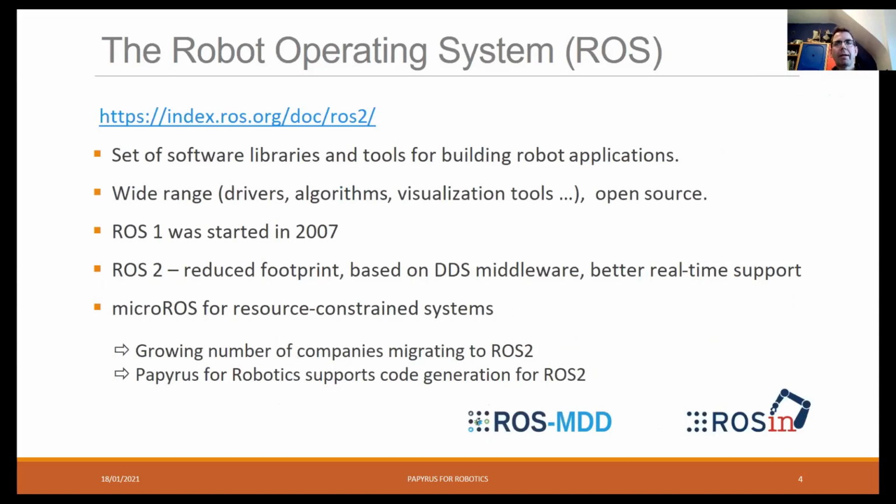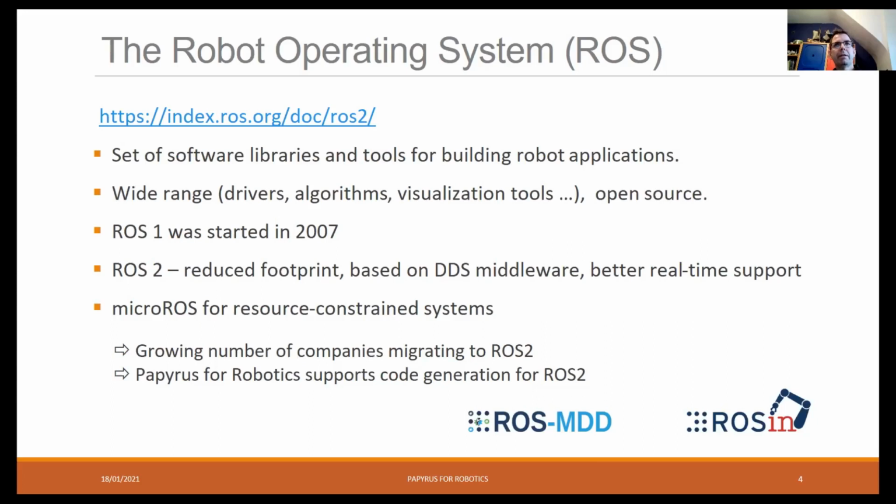So Papyrus for Robotics provides code generation for ROS. Why are we using ROS? Well, it's a set of software libraries that is very widely used in robotic applications. It has a lot of different things to offer. It's completely open source. ROS1 was started quite a long time ago, in 2007, and ROS2 has a